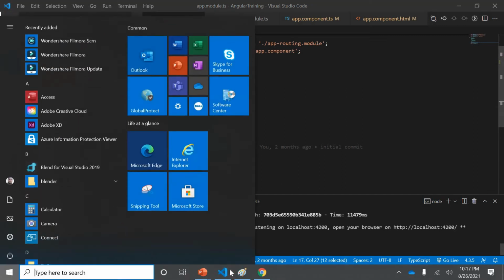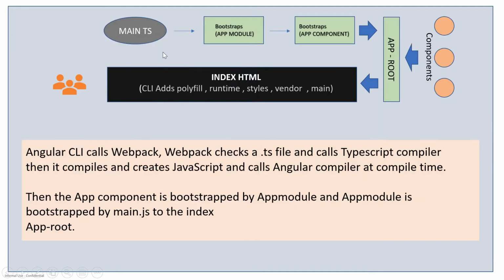If we look at this diagram, it simply says main.ts gets this and app.module gets this, and the whole thing is again injected into the app-root of the index.html. This is the way we see the complete project. So this is one part, and this is the flow diagram of it.